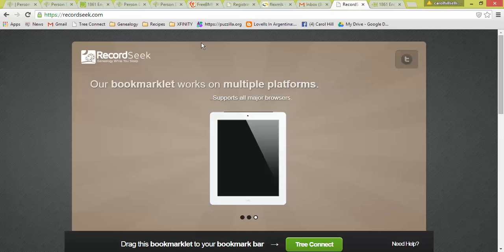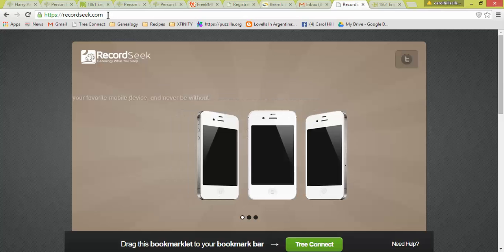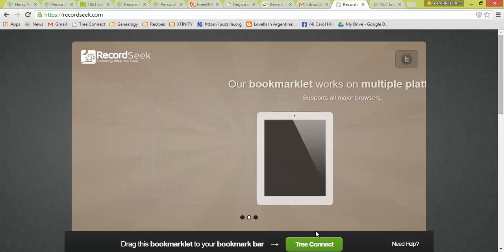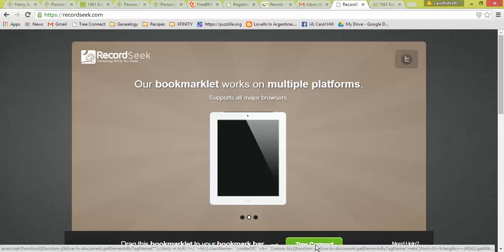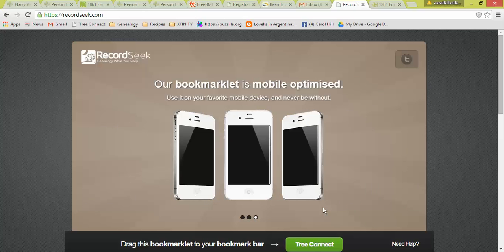You come to this website, recordseek.com, as you can see up here in the URL. So you go to recordseek.com, and then you see down here at the bottom,